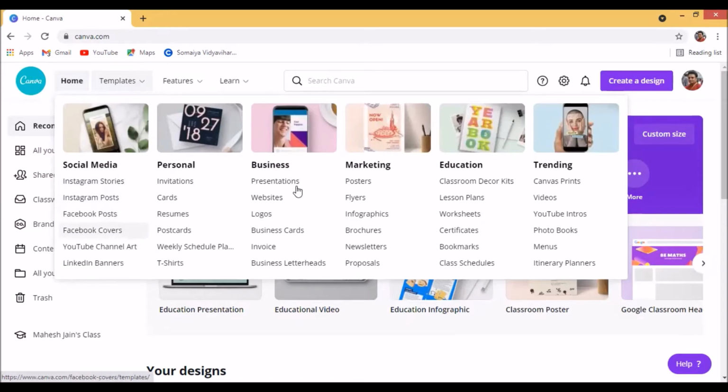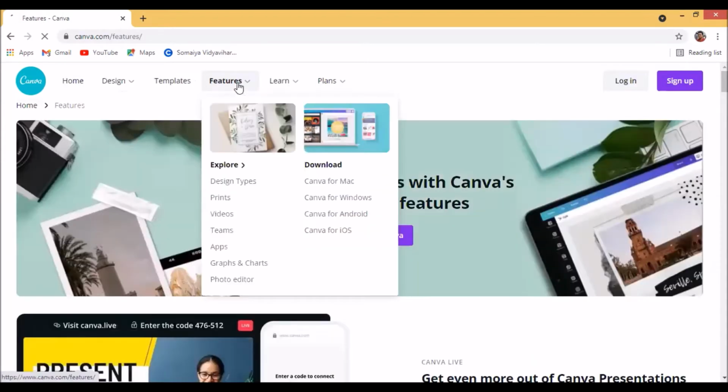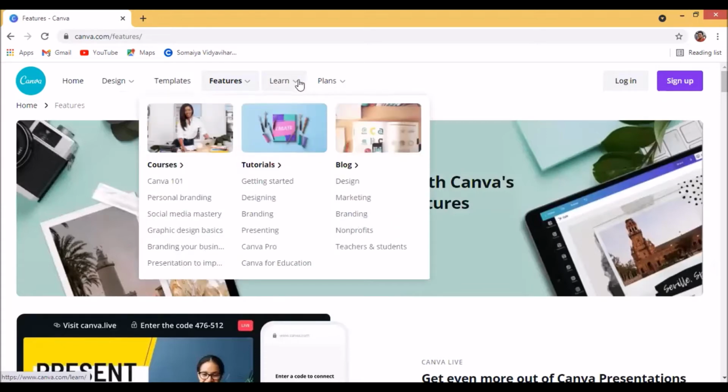And you can see hosts and hosts of benefits. For education also, we have lesson plan formats, we have worksheet templates, and everything available. We'll also be exploring all of them. Going ahead, what else is there? You can just click on features and you can understand and explore the types of things available here. There is also an option of learn, and in that you can learn about various things.